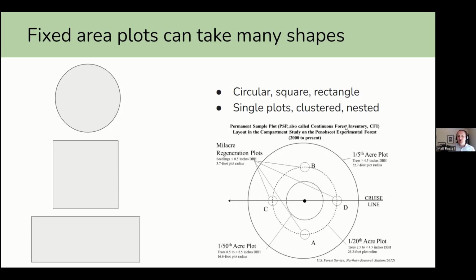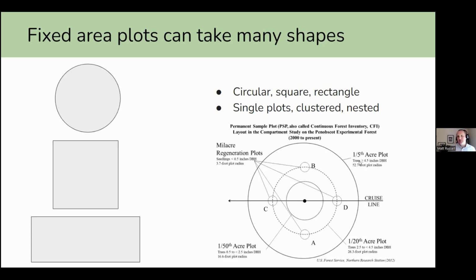And so this graph is showing an experimental forest here in Maine that did just this with this nested design. And so here's the plot center. You can see that there are different plots here, and they measure different size trees on these different size plots.